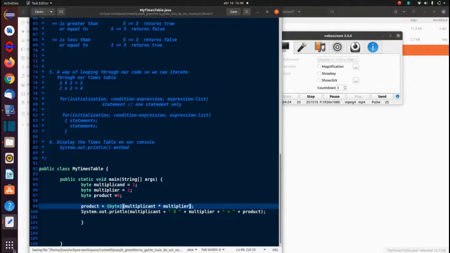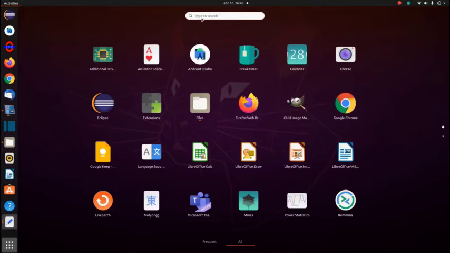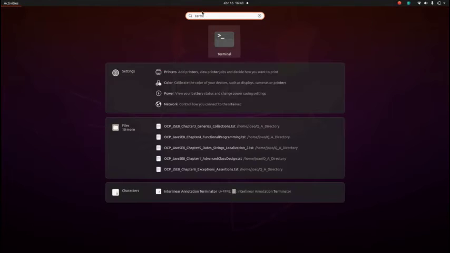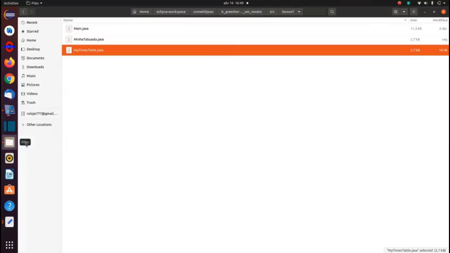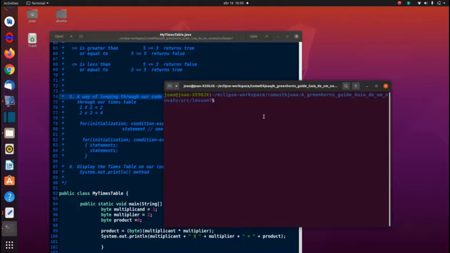and we're going to call up my terminal. If you're on Windows, you'd be using the console. Quickly just open it in that directory. So I'm going here where I've saved it, which is a shortcut. And now that I'm in that directory, all I'm going to say is java, and the name of my file is my times table,